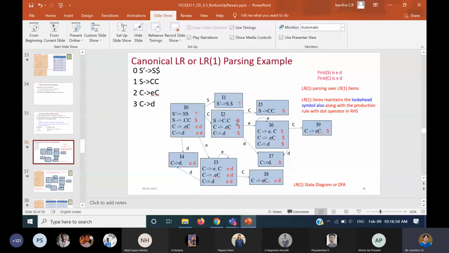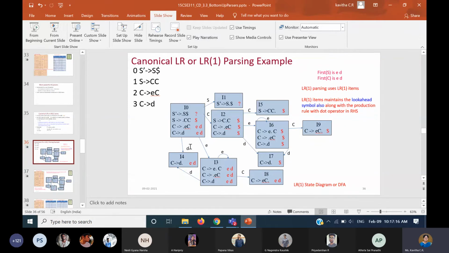Why do we do that concatenation? Because most of the time we'll have epsilon here. Whenever we have epsilon, we should not leave it out. Then automatically the lookahead symbol only will become the first symbol. So that's why we are doing that. You can go through it once again and you should get convinced in your own way. But that is how it is done in every state. Whenever you expand something, you have to find the lookahead symbols.